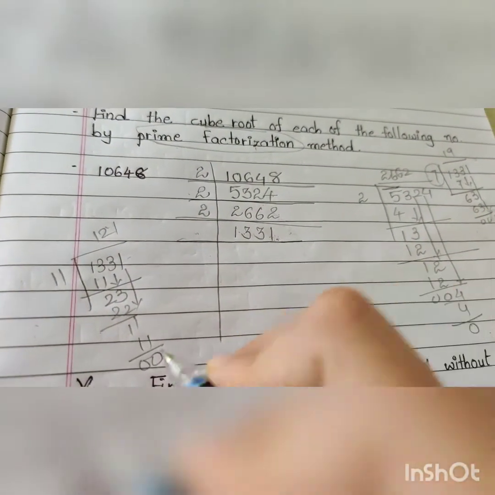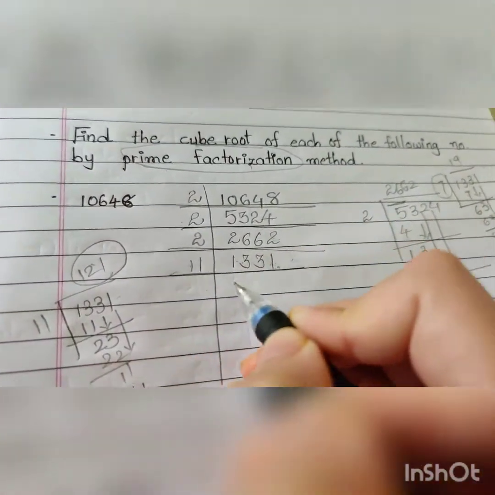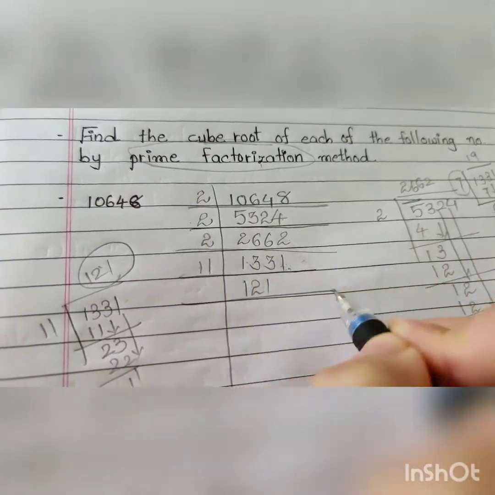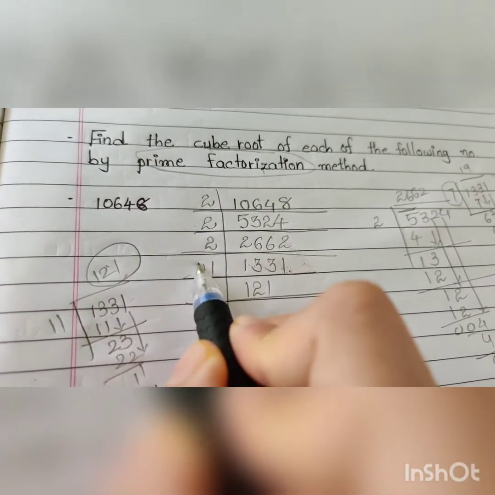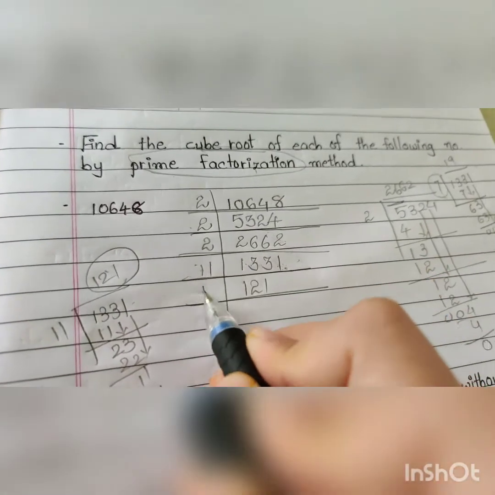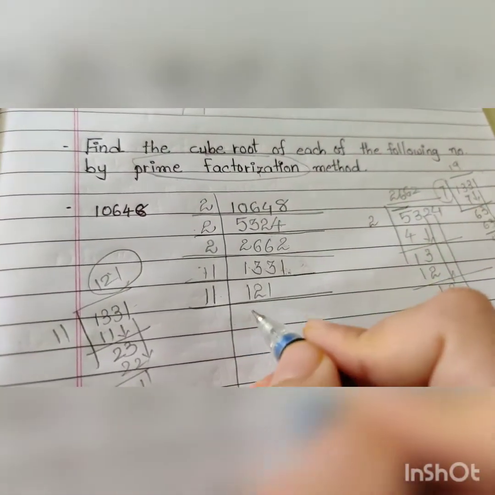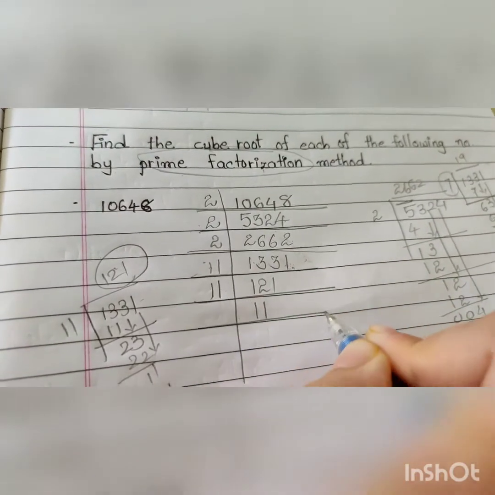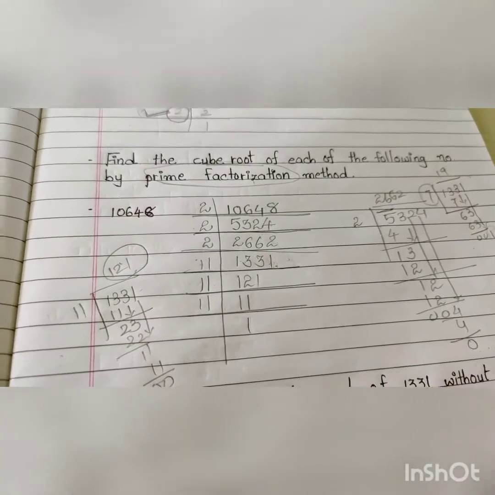Here we got 0 in the remainder, means we can take this 11, and the quotient is 121. Here you cannot take 121 because 121 is not a prime number. Okay, now if you remember, 121 is a square of 11, so 11 11s are 121. 11 itself is a prime number, so 11 ones are 11.